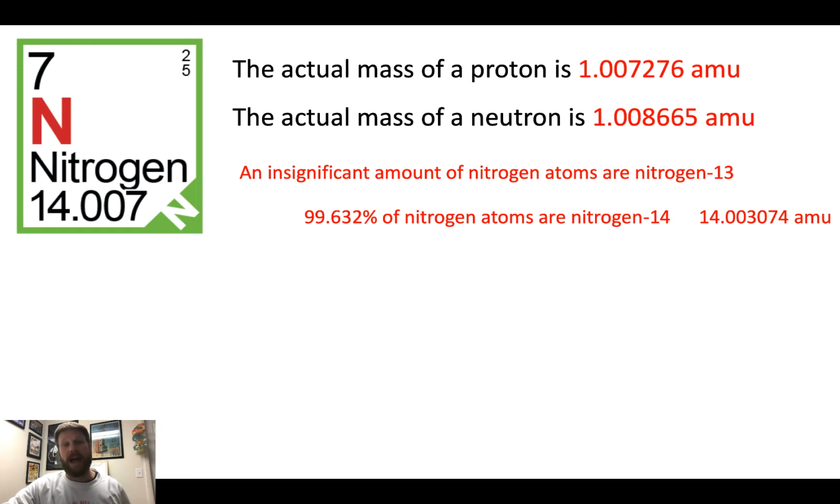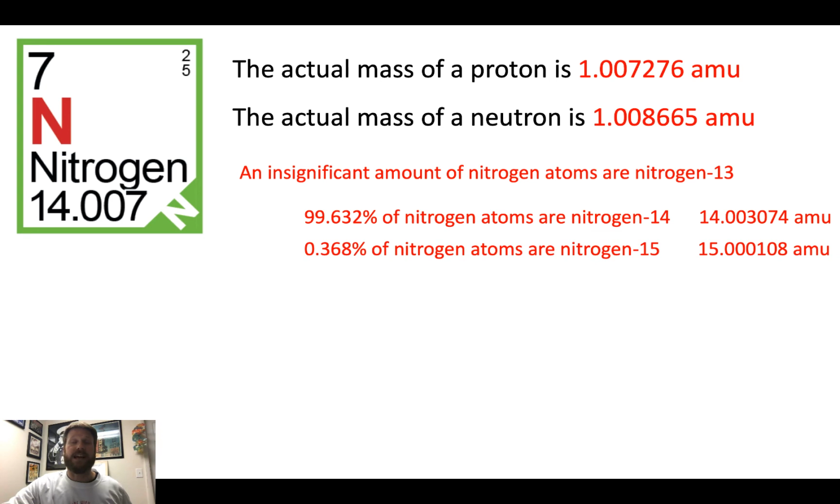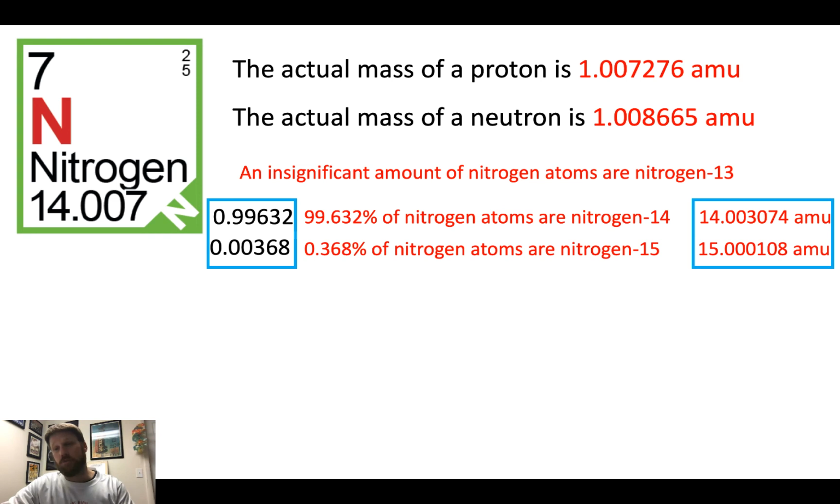Now the actual mass of nitrogen-14 is 14.003074. Okay, the remaining nitrogen is the isotope nitrogen-15. And you can see nitrogen-15's actual atomic mass right there. So we're going to take these abundances and convert them into decimals. So divide by 100, we get 0.99632 and 0.00368. I'm going to take those abundances and the actual masses of each isotope, do a little magic, and I should get that number